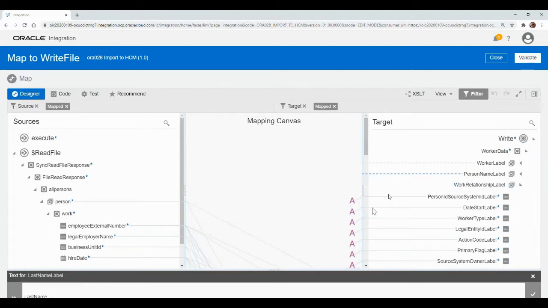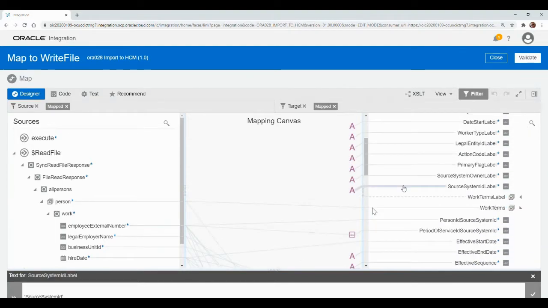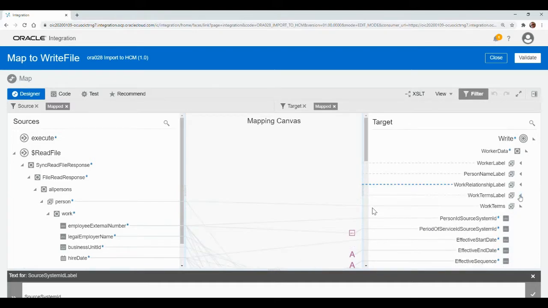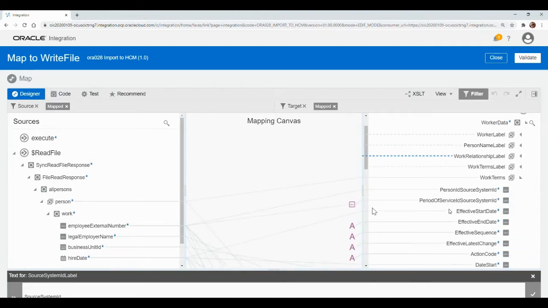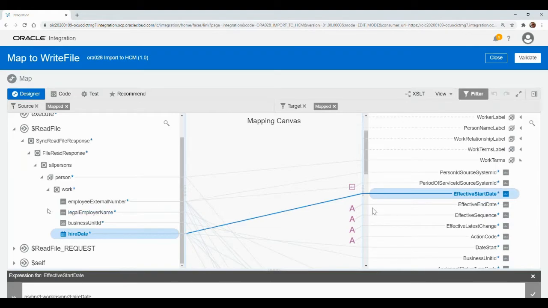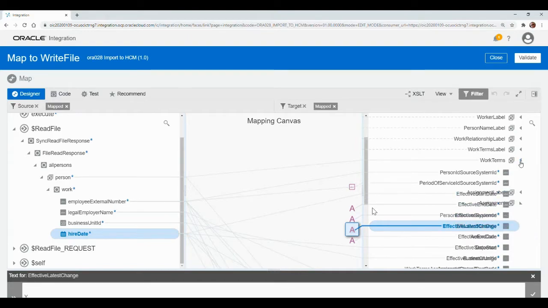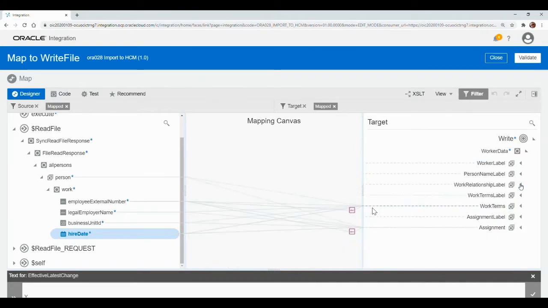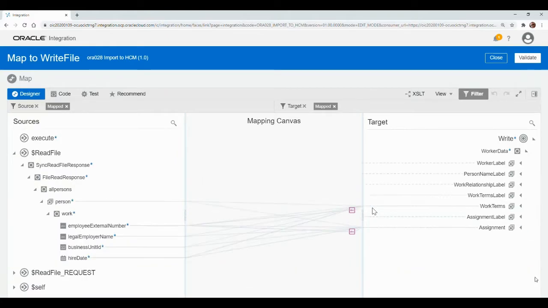There is a work relationship label with a lot of static mappings, as you can see here. There is the work terms label. There is the work terms mapping that are associated with various elements of the work terms node. And you can see those mappings have actually already been done from some of the source data from the file that's been read along with some static text. So lots of data to be mapped. You might be thinking, well, with all those elements already mapped, what's there left to do? Well, we are going to show you right now. So